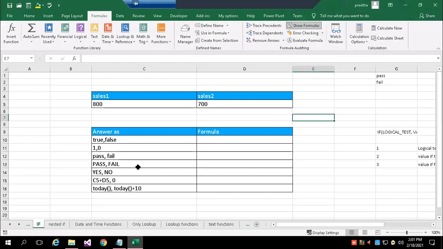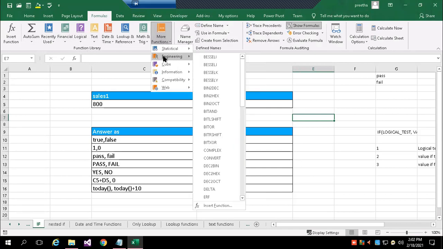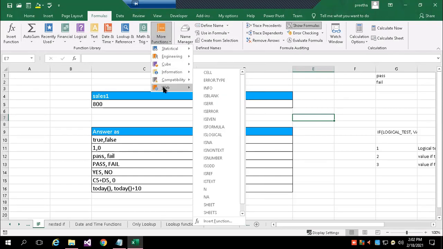In your Excel worksheet, under the Formula tab, you can find all of these, which we consider as functions, that is, library functions. You can see the categories starting from financial functions, logical functions, text functions, working with date and time, lookup functions, mathematical and trigonometry functions, and a lot of other functions like statistical, engineering, cube functions, web oriented, information, and database related.